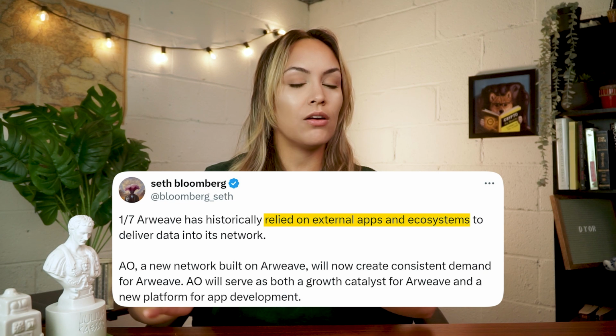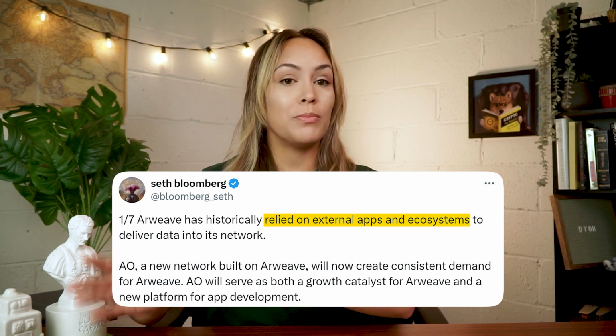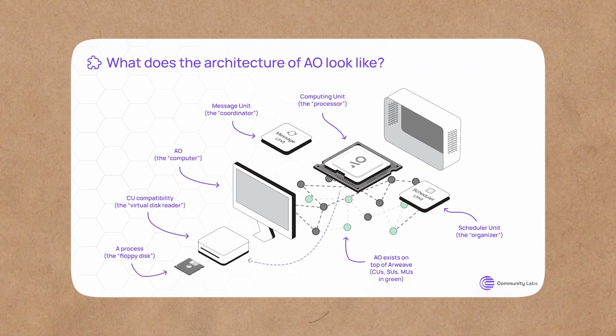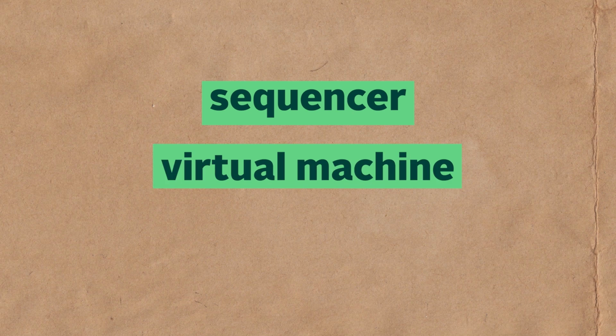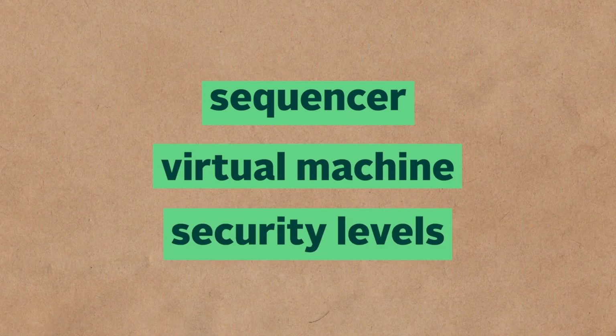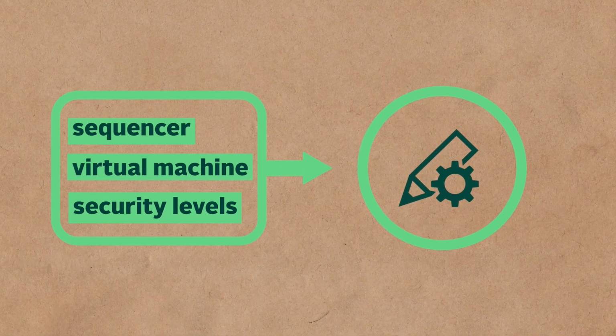of any size. Up to this point, Arweave has been relying on external ecosystems to drive demand for its storage services, but this will change with all AO processes being written to Arweave. Additionally, AO's core architecture is inherently modular, where everything from sequencers to the virtual machine of the system or even security levels can be customized depending on one's needs. Now, this flexible setup means that existing smart contracting systems in the Arweave ecosystem can plug into AO and access